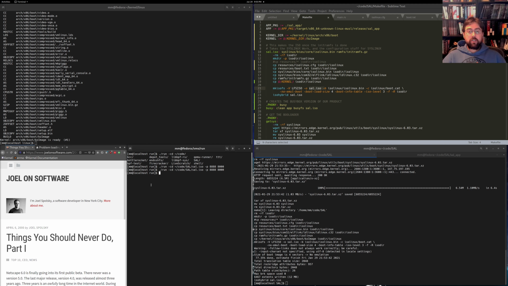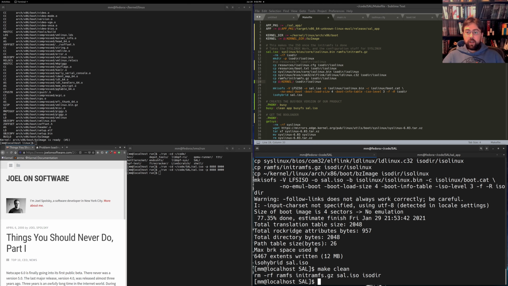Now, BusyBox is a very interesting application in that it does a whole lot of things for us. But what we want it to do for us is to bring up our network interfaces and to get us a DHCP client. And in order to do that, I'm going to do a make clean here